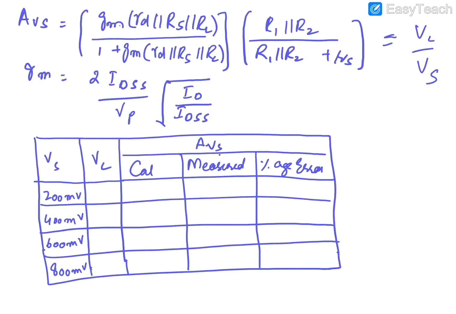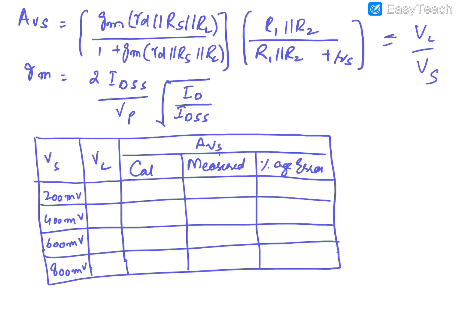Also, the common drain configuration is called the source follower. As the voltage gain is equal to 1, the output follows the source voltage value. So this configuration is called the source follower, as in the case of the emitter follower, where the output follows the emitter voltage, here it follows the source voltage. So output is almost equal to input voltage.